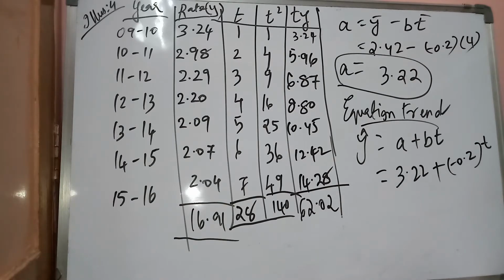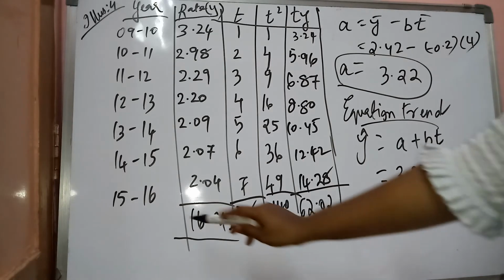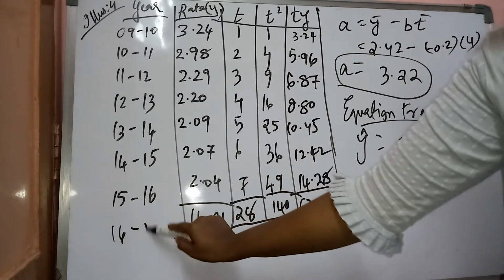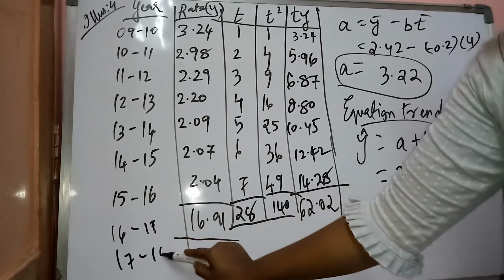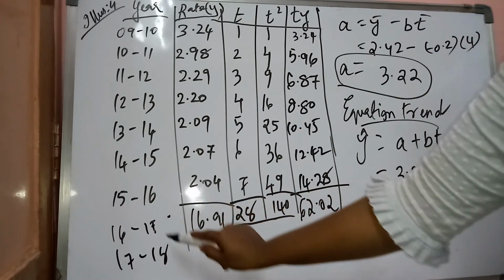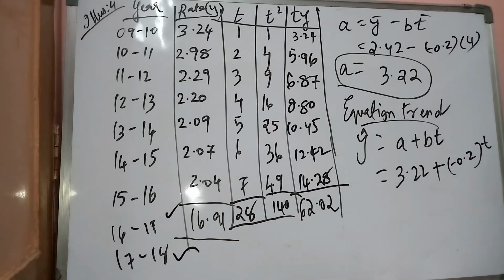Now just read the question once again to see whether the value of t has been asked or not. So estimate the dropout rate for the students from standard 1st to 5 for the year 2016-17 and 17-18 by fitting an equation for trend. Okay, so 17-18 has been asked. So you can see if it is 15-16, then comes 16-17, then comes 17-18. Okay, so after 7, then 8, and 9. So your value for t would be t is equal to 9. Why 9?